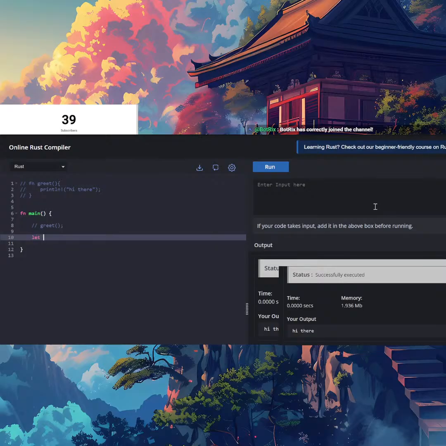So, say for example, let message equal hello, and then we println message. But hold on a second, I think we did the code wrong.